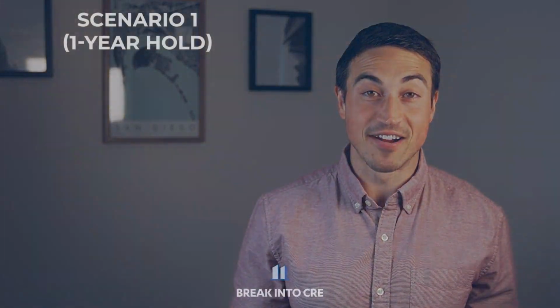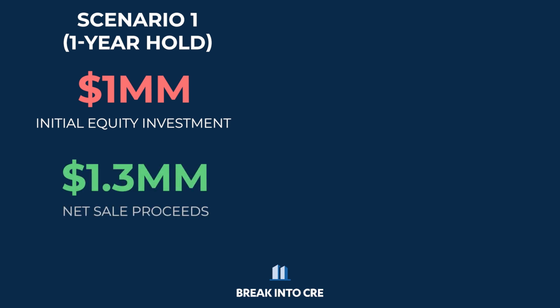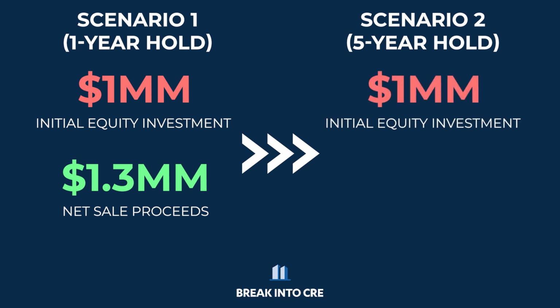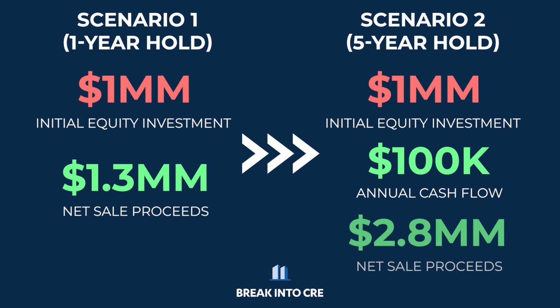So for example, if you're analyzing two deals, each projected to generate a 30% IRR, just by taking a look at the internal rate of return, you might see these investments as equally as profitable. However, if I were to tell you that in the first scenario, you'd invest $1 million up front and then sell the property a year later for $1.3 million, and in scenario 2, you'd invest that same $1 million up front, but hold on to the property for 5 years, generating $100,000 in cash flow each year, and then you'd sell the property for $2.8 million at the end of year 5, these 30% IRR figures start to look substantially